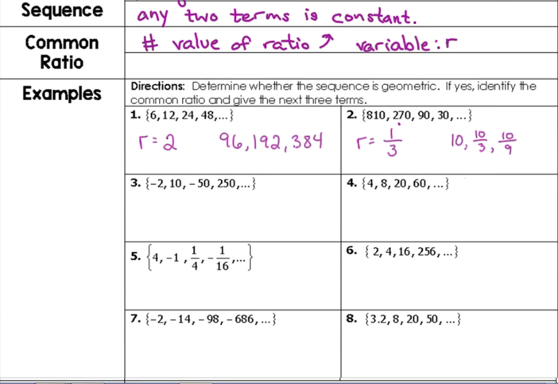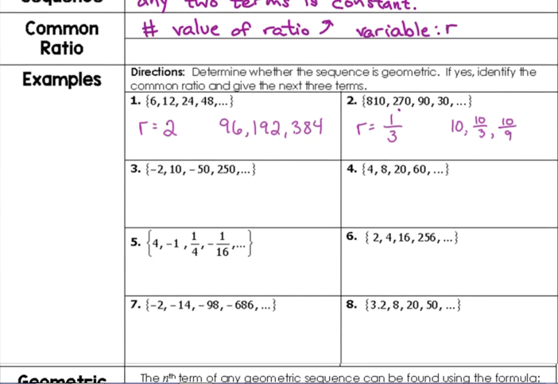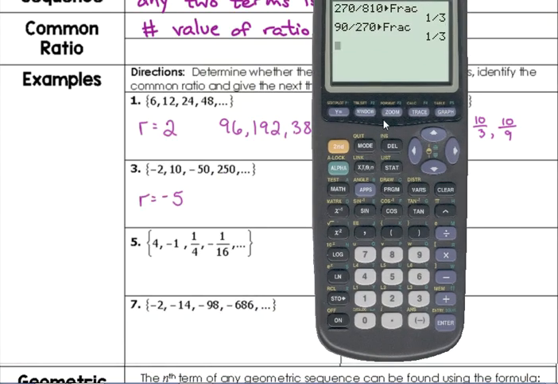All right, common ratios, just like the common difference, can be negative. Okay, they can be negative. When we look at number 3, we've got -2 to +10, +10 to -50, -50 to 250. We are multiplying by -5 every time. So the common ratio can be a whole number, it can be a fraction, it can be positive, it can be negative. So when we multiply that by -5, we get